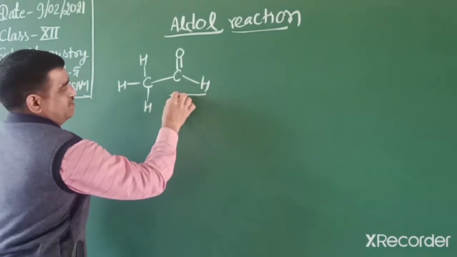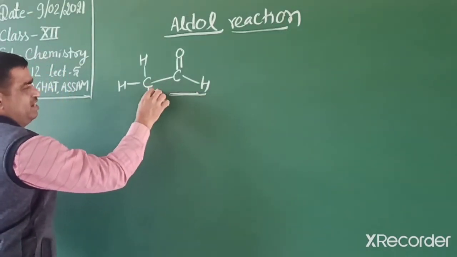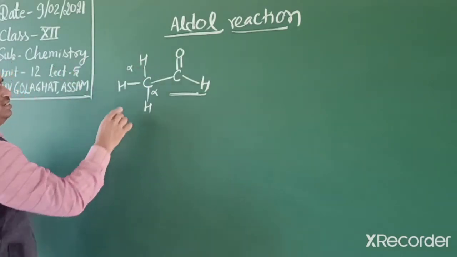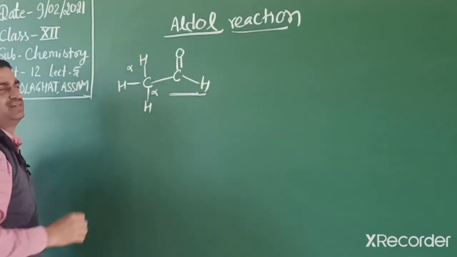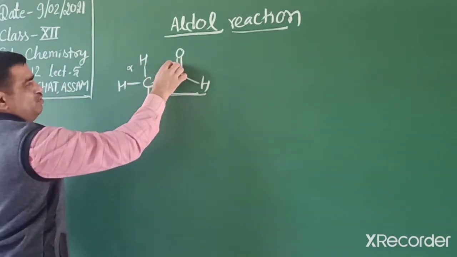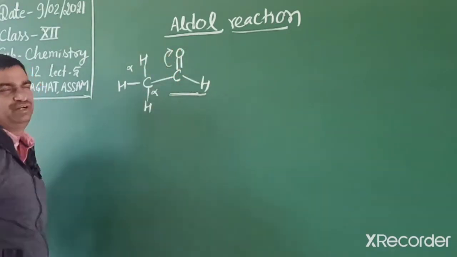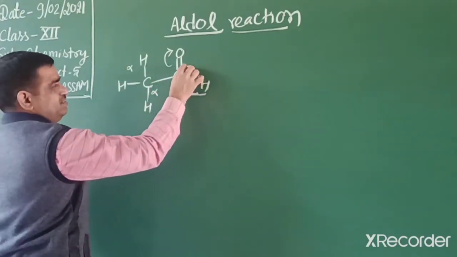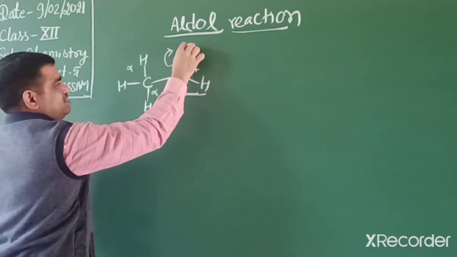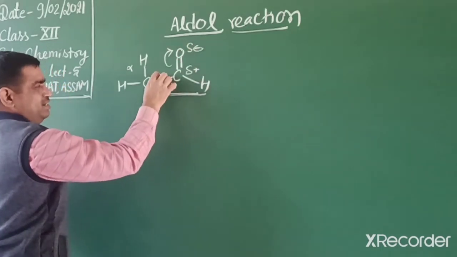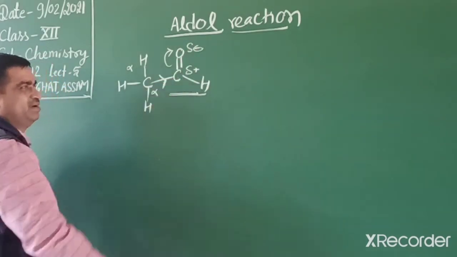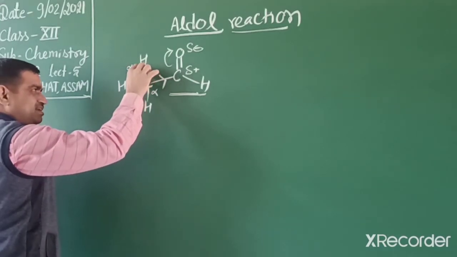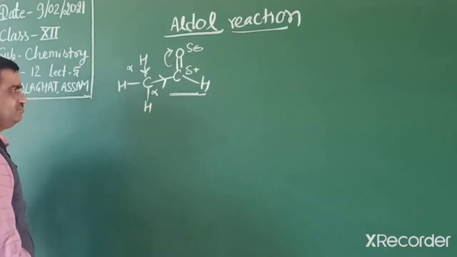So if we take a particular example, this one is the functional group, the next carbon is the alpha carbon, and this hydrogen is an alpha hydrogen. This hydrogen is acidic in nature. Why? Due to the polarity in the carbonyl group: the carbon is electron deficient, positively charged, and the oxygen negative. So this carbon attracts electrons from the nearby carbon-carbon bond, and that carbon further attracts electrons from the hydrogen.